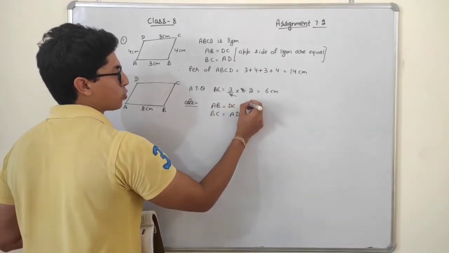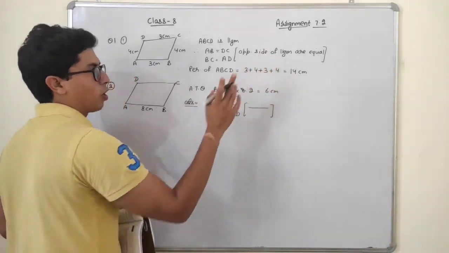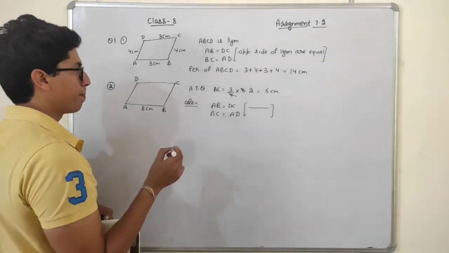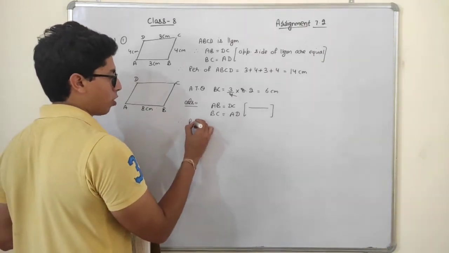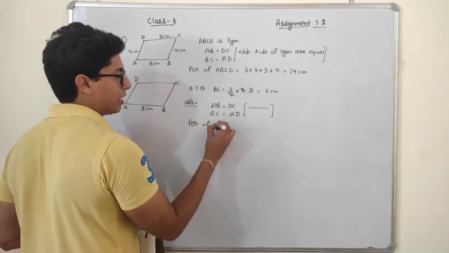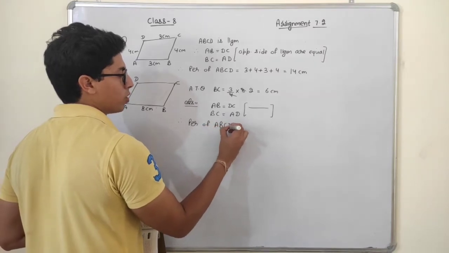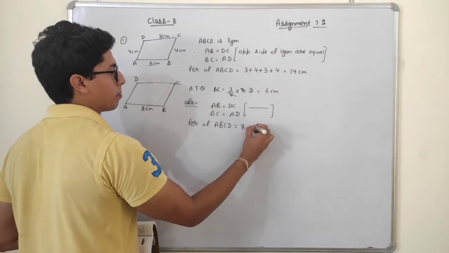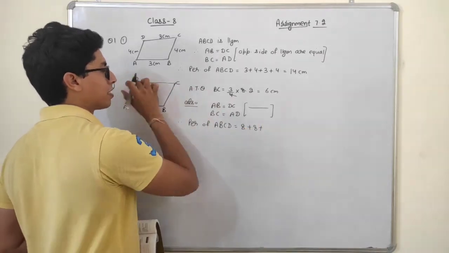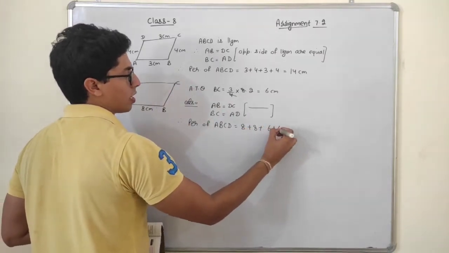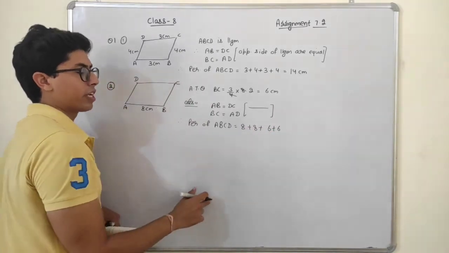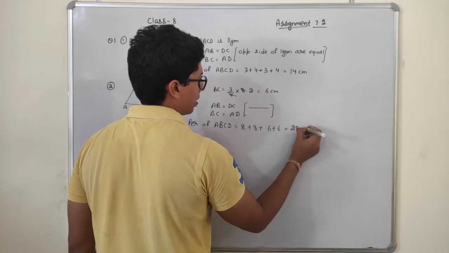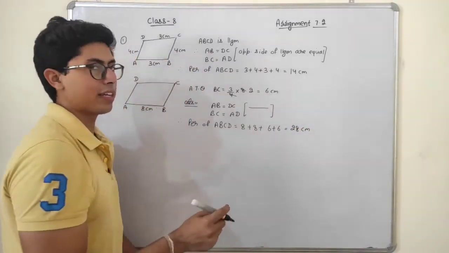And the reason is same, students. Opposite sides of a parallelogram are equal. Okay. Now again, students, I have to find out the perimeter. Therefore, perimeter of ABCD is equal to sum of the boundaries. So 8 plus 8 plus 6 plus 6. 8 and 6, 14. 14 and 14 will be 28. So 28 centimeter is our required answer.